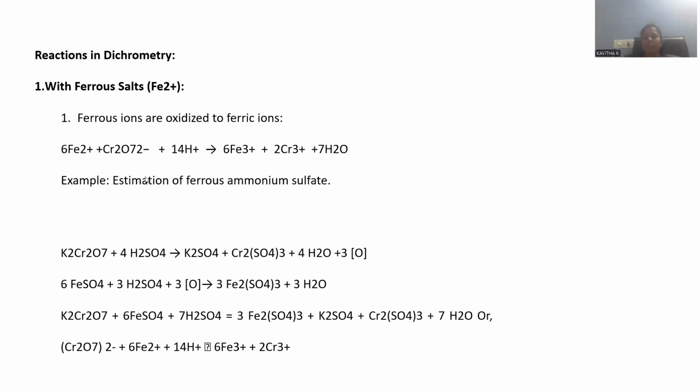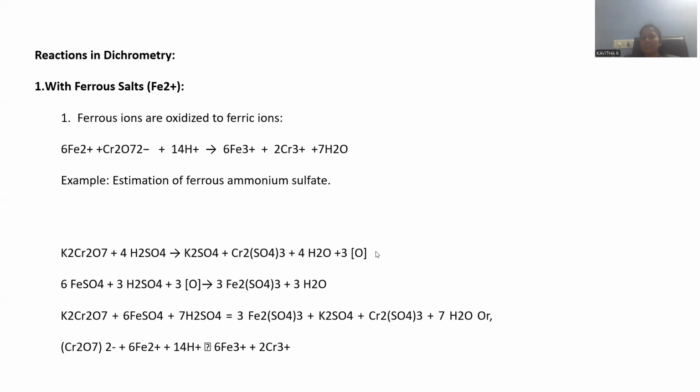So this is the way you can observe the total reaction, step by step. Whatever estimation of iron we discussed in a single step is provided here in a stepwise manner. Initially, potassium dichromate is blended with sulfuric acid. How many moles of sulfuric acid should you add? 4 moles of sulfuric acid are added to potassium dichromate, so that potassium dichromate is converted into potassium sulfate, chromium is converted into chromium sulfate, and the other byproducts are water and nascent oxygen. This is the requirement for the oxidation of iron.